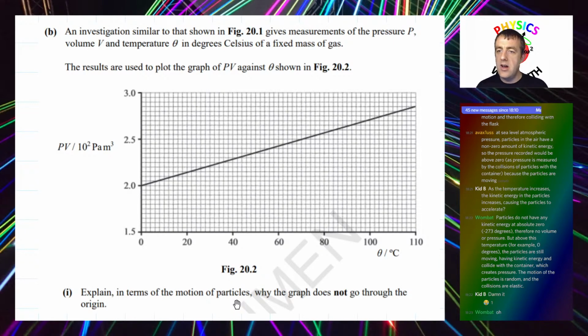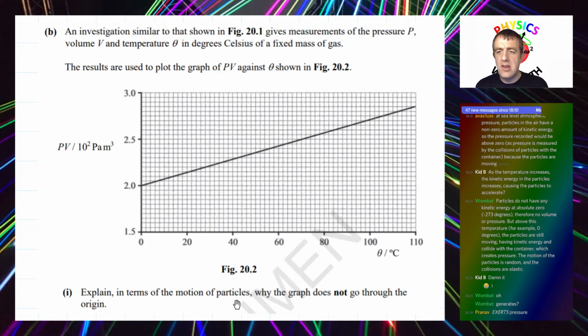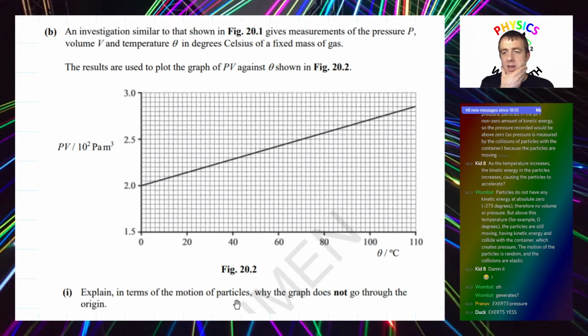And they collide with the container, which creates pressure. I don't like "creates pressure". I don't like that terminology. There is a pressure because there is a force acting on that surface. The motion of the particles generates pressure. I don't like it. There is a pressure. I don't think you need to say creates. Exerts pressure. I'm not sure if I'm happy with that either, Pranav. You can exert a force and therefore there is pressure. And you get away with that sort of thing. Maybe I'm getting bogged down in semantics. You know, it's a side effect of having an over-analytical brain.